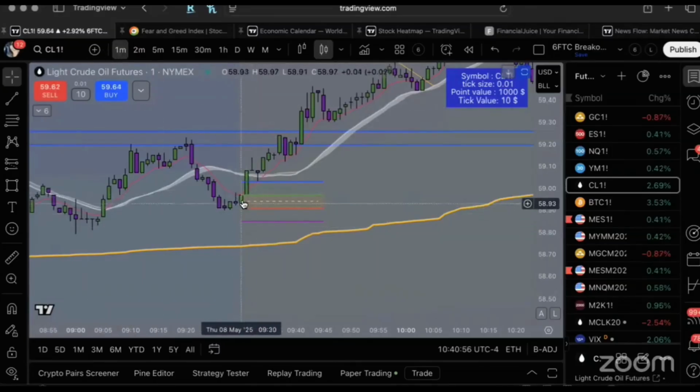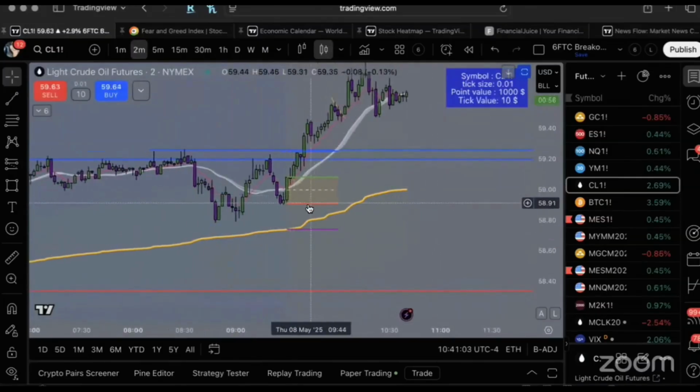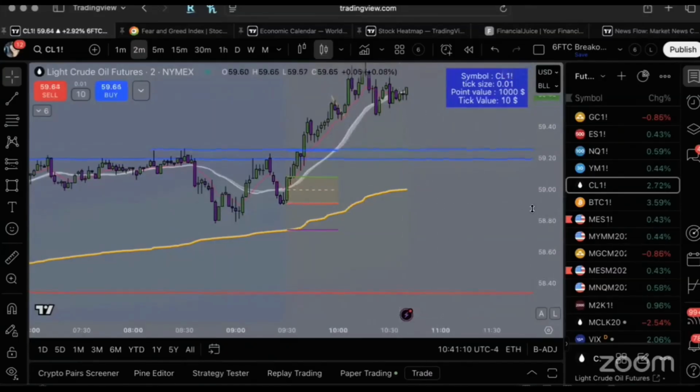So right now we're on the 1 minute. This is pretty much inboxing the 1 minute candle. Now we're on the 2 minute. Now this is inboxing the 2 minute. Pay attention to where these purple and blue lines are for a second as I go up to the